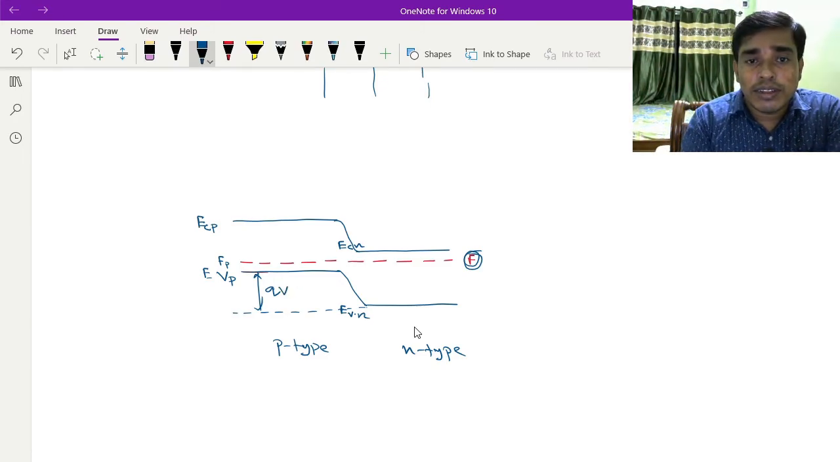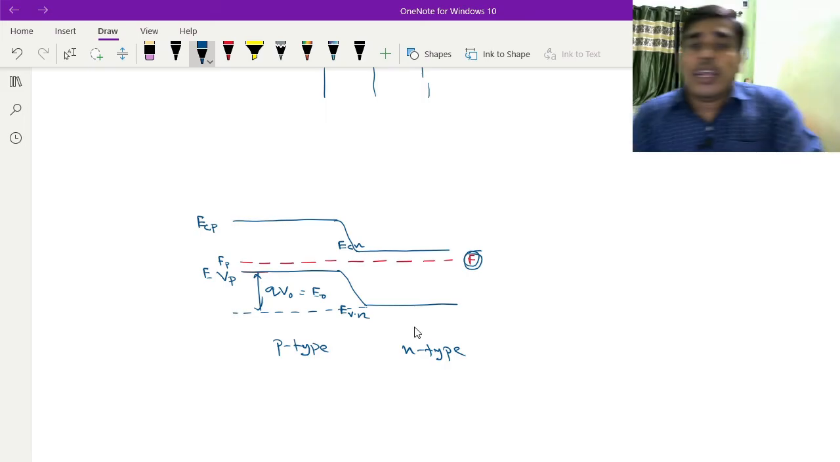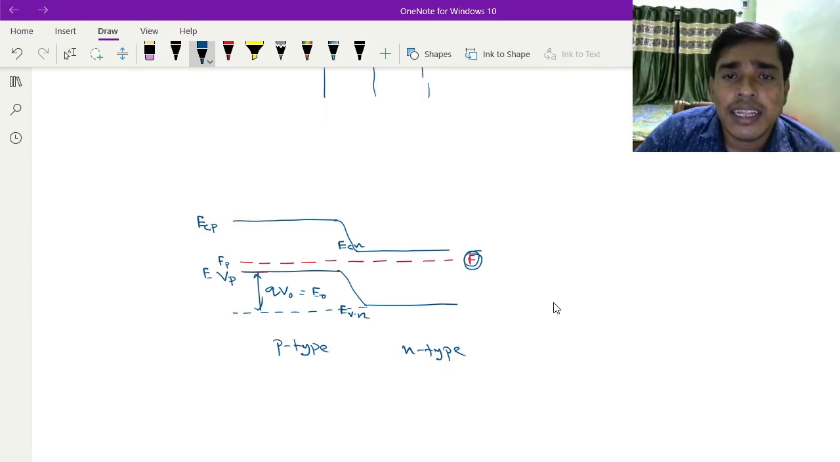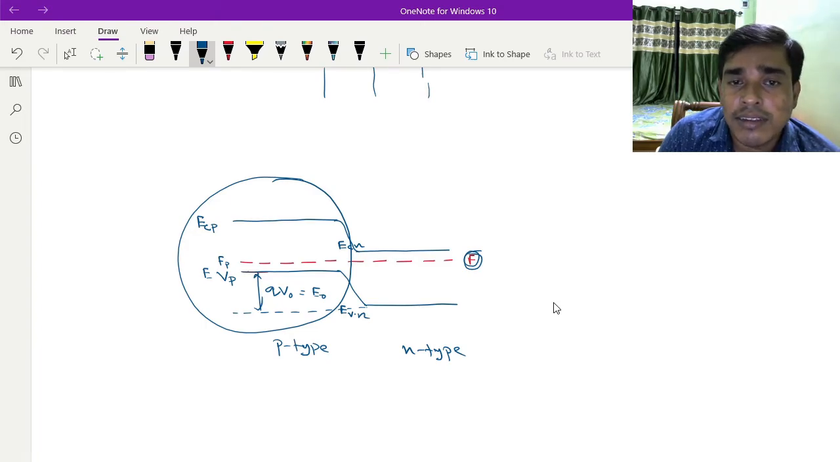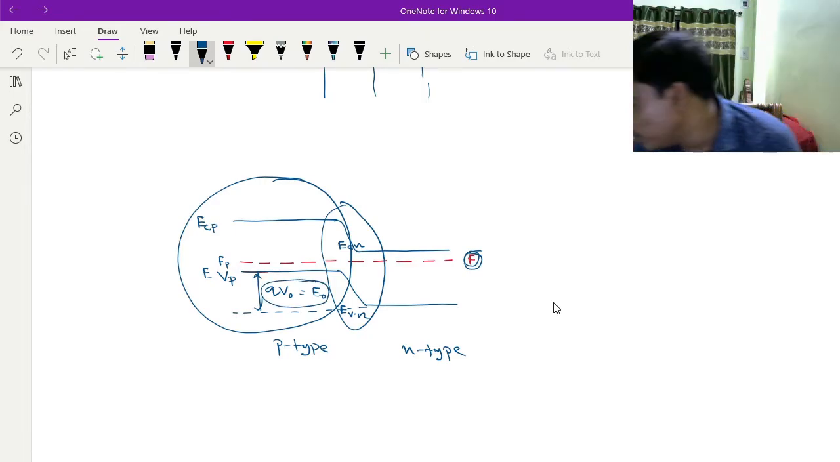That means q into v0, or this is v0 equal e0. Okay. So here you see the energy band diagram for a p-type semiconductor. The valence band for p-type semiconductor lies near the Fermi energy level. This is the Fermi energy level, and for n-type, the Fermi energy level lies near the conduction band. So through this junction, you see that there is the energy gap, that means q into